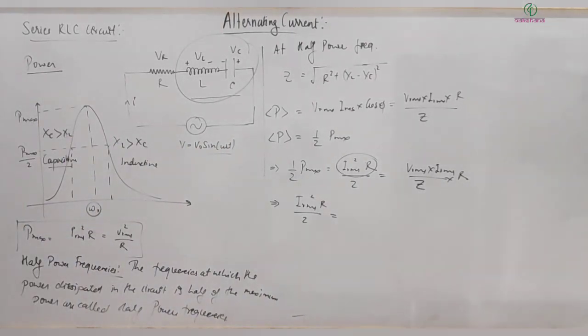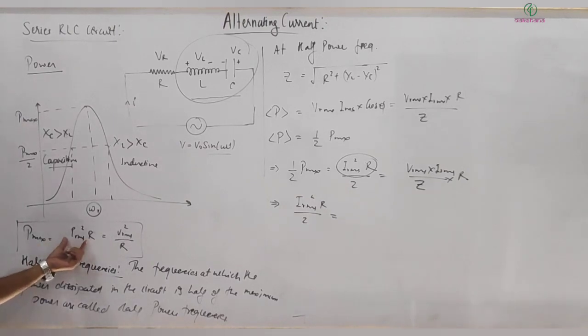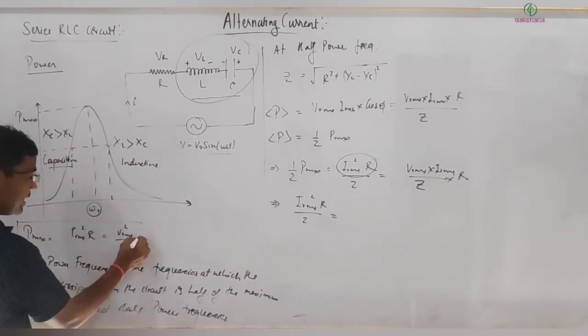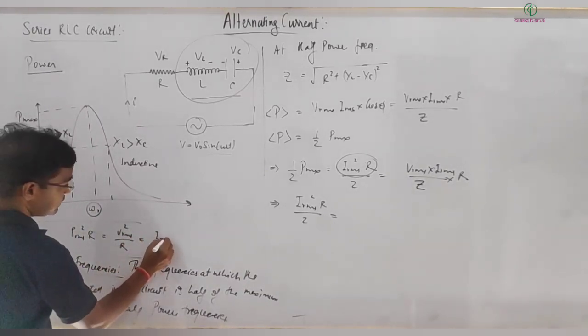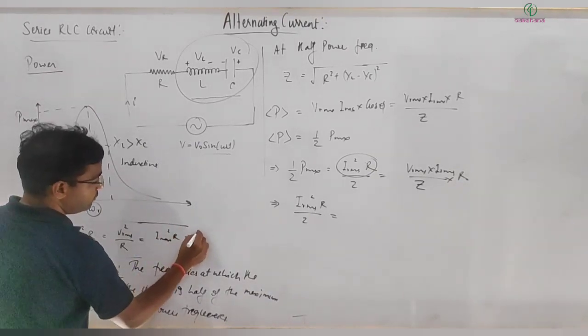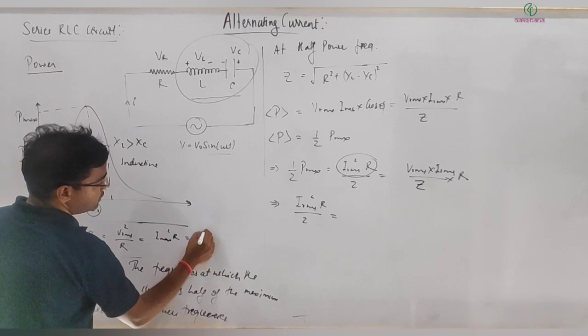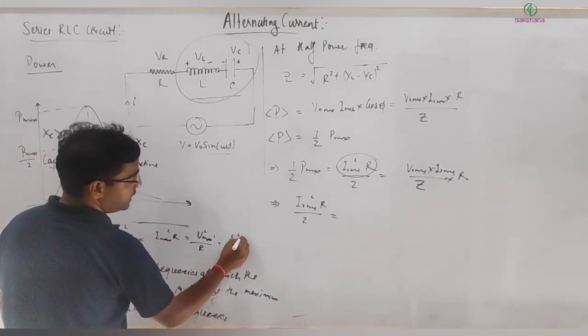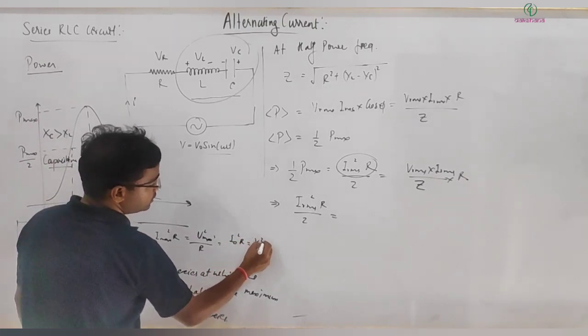Just one second. Okay, so listen here. This is correct, but here your I_RMS is not simple I_RMS. It's basically the maximum value, is it? So this can be written as I max square into R. This you can write V max also square divided by R. This is I naught square into R, or this is V naught square by R,